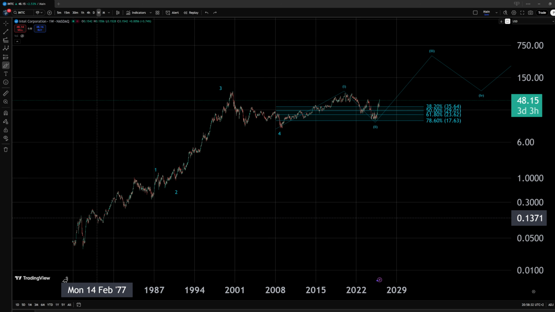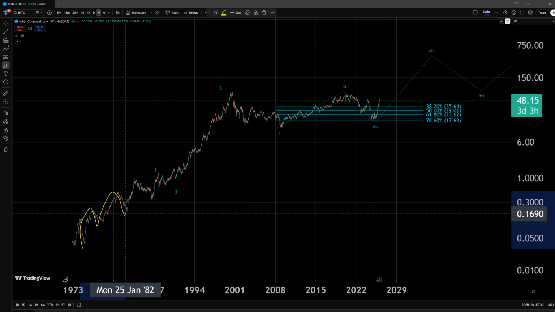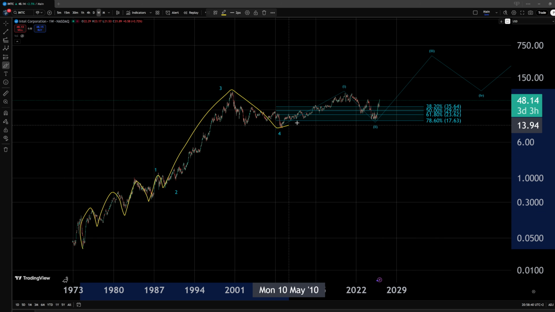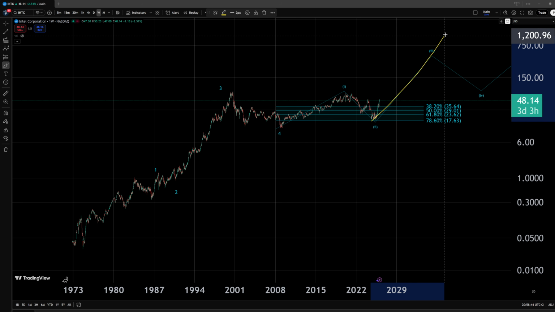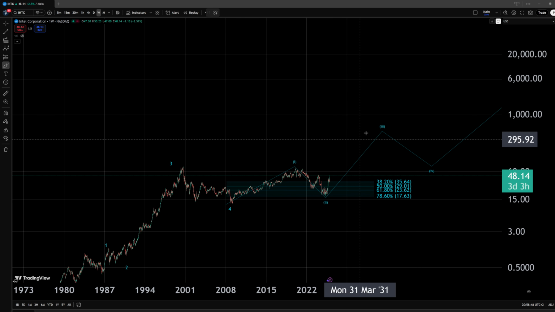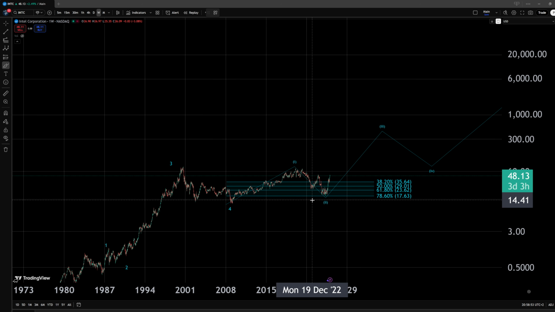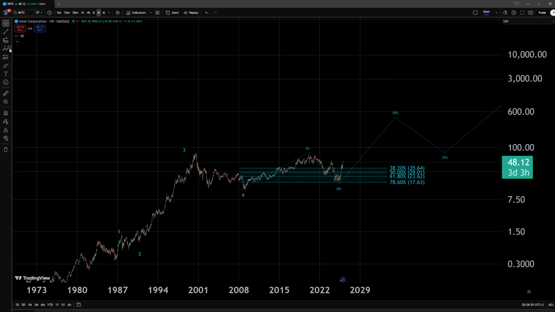We have gone through the other interpretations that could work out on this chart. It could even be a series of 1-2 setups that have formed within this area, and even this could be another 1-2 setup where a third wave would follow. If this is the case, we are in for a very insane ride, because if this is the wave 3 of such a high amount of 1-2 setups, it can be expected to have insane extensions. We have seen sometimes the wave 3 extend to even the 400% extension.